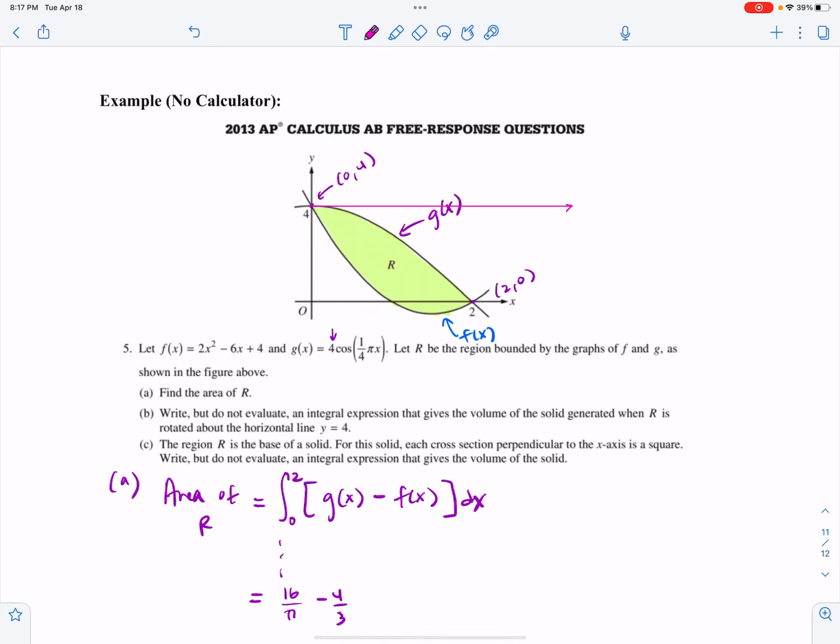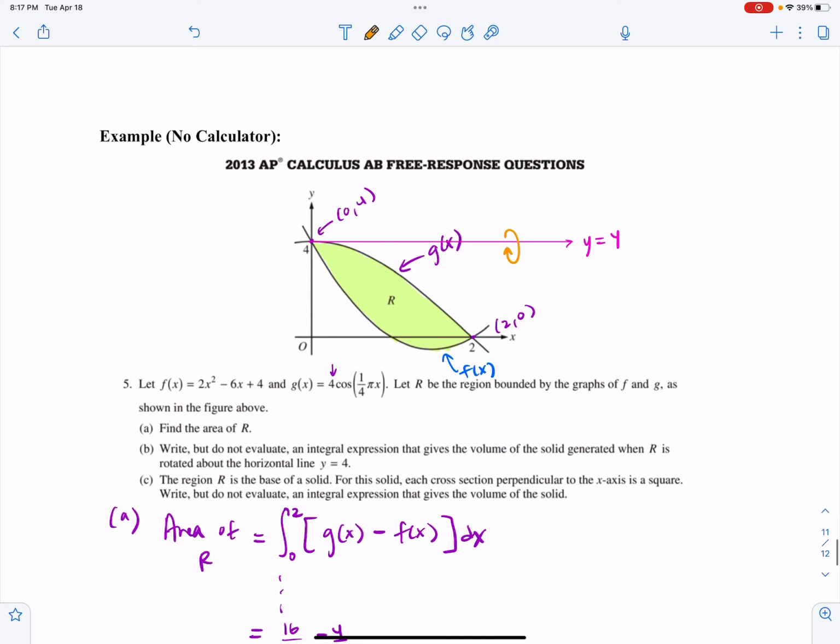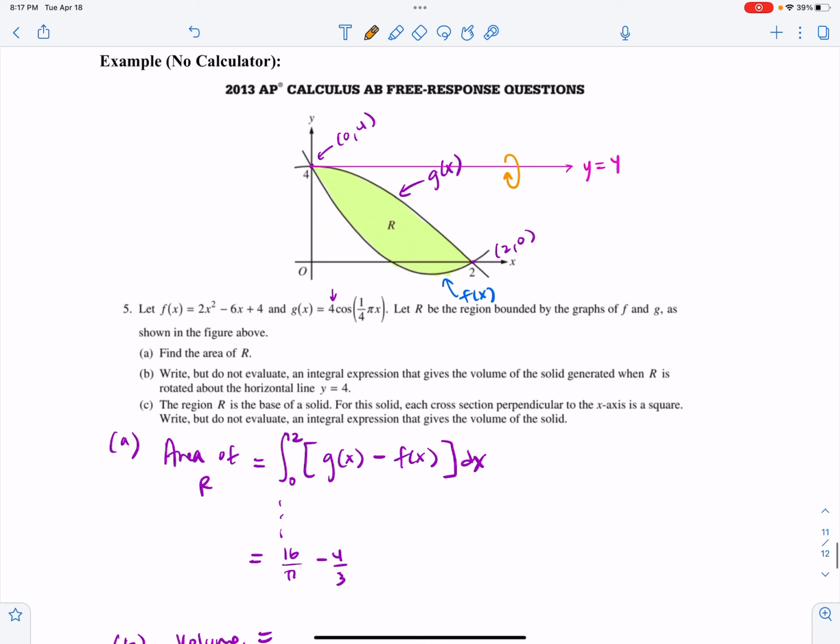Horizontal line y equals 4. Okay, rotating about the horizontal line means that this region, rotating around, there is going to be a gap, meaning that our cross sections, which will be perpendicular to y equals 4, meaning vertical slices, vertical cross sections, we're setting up an integral that is with respect